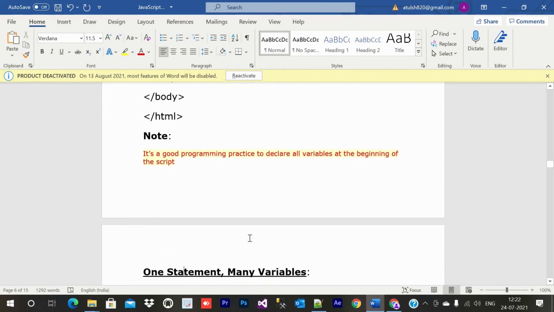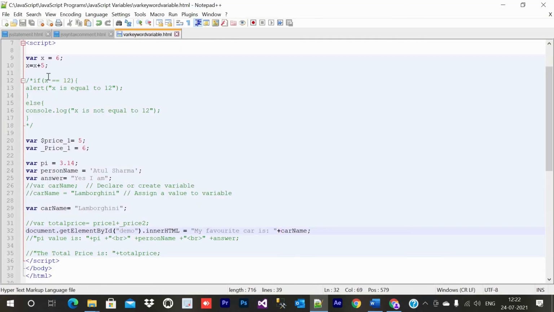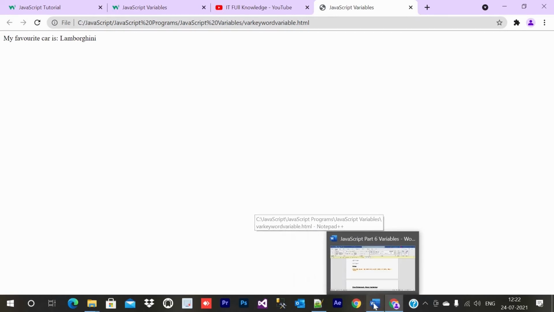So it is a good programming practice to declare all variables at the beginning of the script. So I have declared the variable here, but you should declare it just above, because I am showing you so many things. So I have created so many variables. I just want to show you, if I write something here, I should declare the variable here so that you can see closely in the video. Otherwise if I declare it elsewhere, you will not be able to watch the video very carefully. The variable will be just above where I am typing. Okay, so